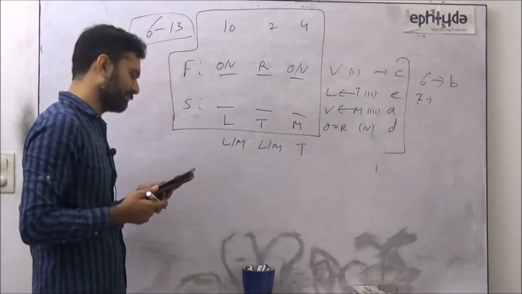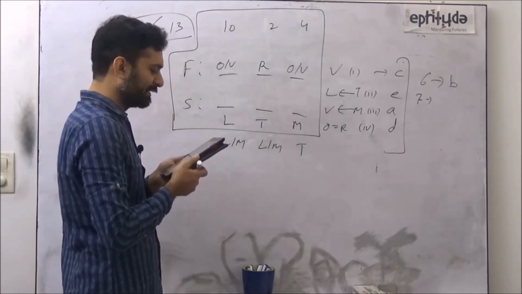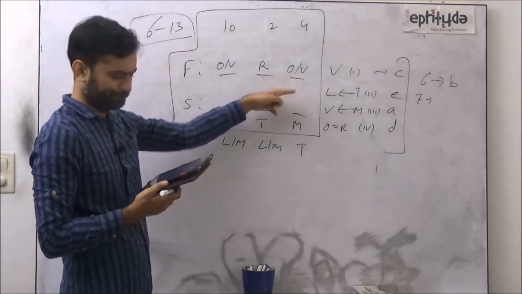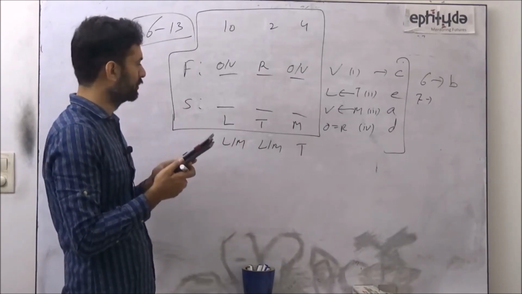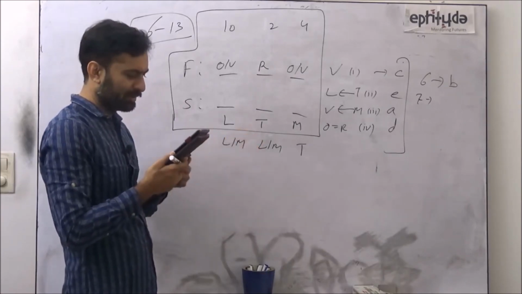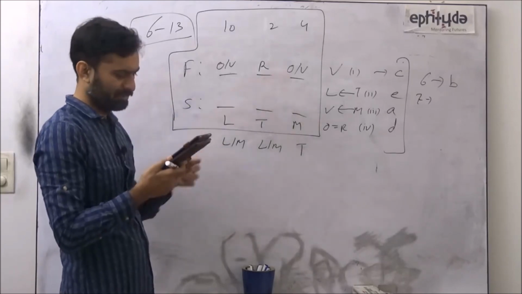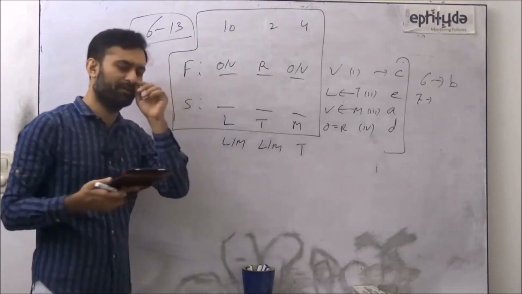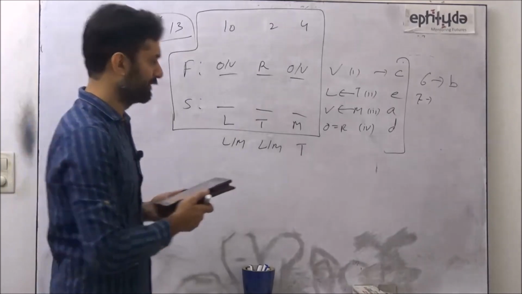So look at question number 7. It says, which of the following could be true except the V are delivered on Friday at 4? Yes, possible. Look at B. The T are delivered on Saturday at 2? Yes, possible. C. The O are delivered on Friday at 4? Yes, possible. And D, the M are delivered on Friday. No, M cannot be delivered on Friday. Right? So 7th, the answer is